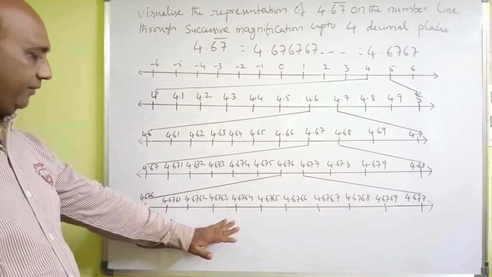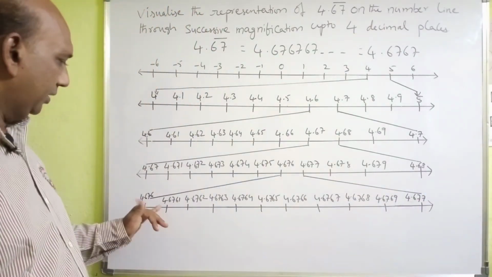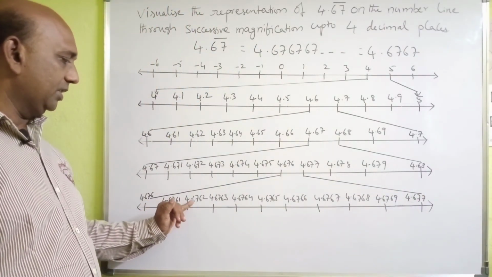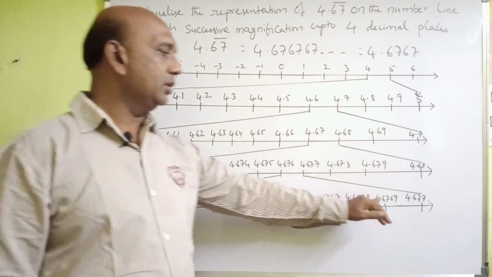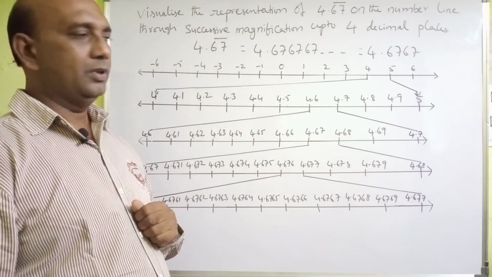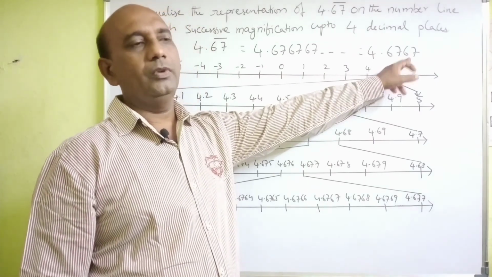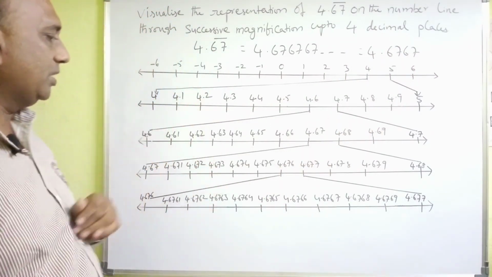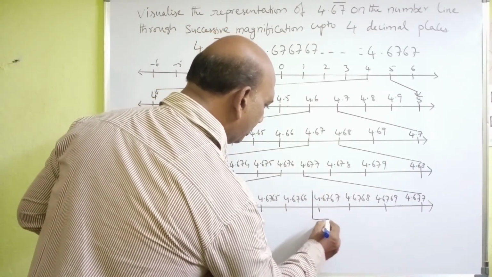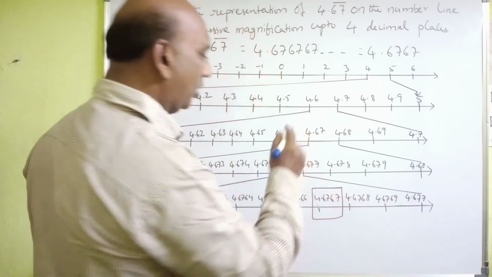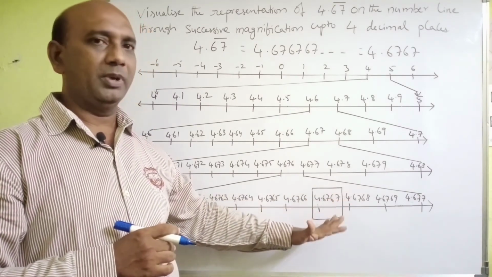Now this is the number line with the rational numbers between 4.676 and 4.677. They are 4.6761, 4.6762, 4.6763, 4.6764, 4.6765 and so on, 4.6769. Now 4.6767 we have to represent on the number line. Where is that 4.6767? Here it is. So highlight this 4.6767 by drawing a box like this, and this is represented on the number line according to